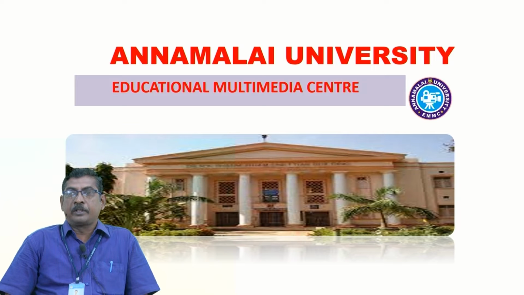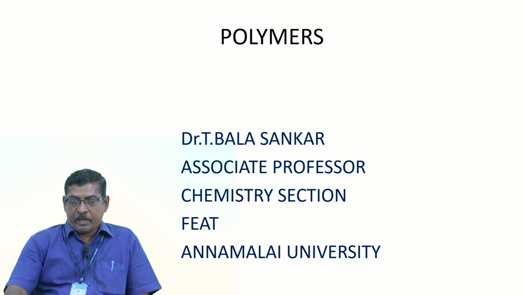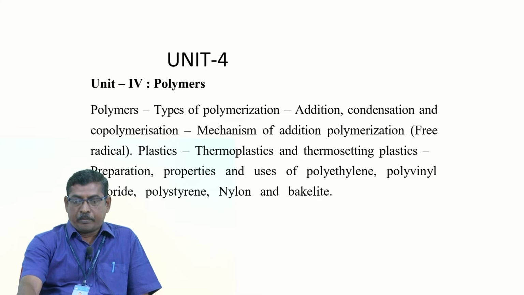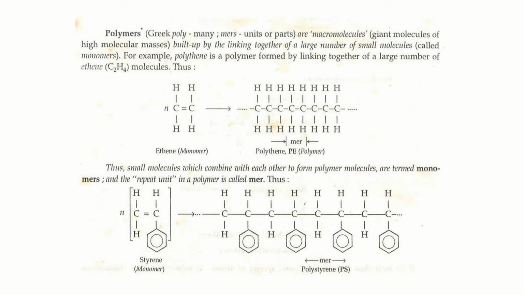So, in this lecture, I am going to discuss about polymer. It is a very important topic in the first year BE Chemistry curriculum. Polymer is a macromolecule made by linking a large number of small molecules. The small molecules are called monomers. A large number of monomers are combined together in the presence of temperature and pressure to form a bigger molecule